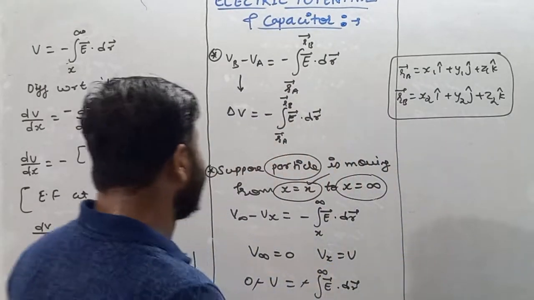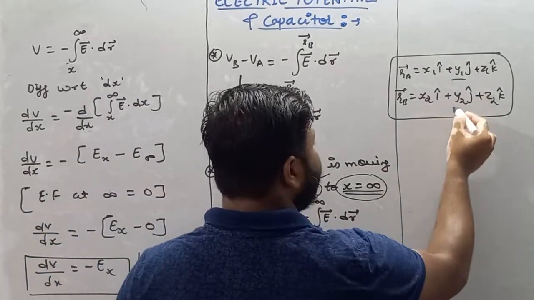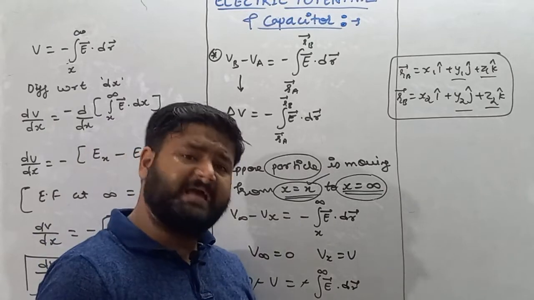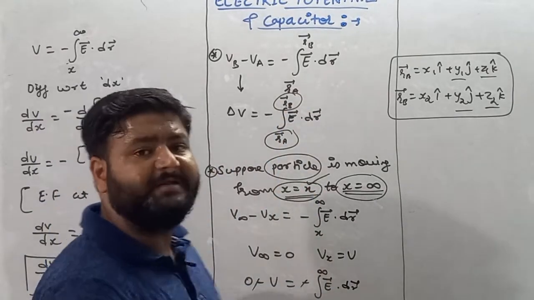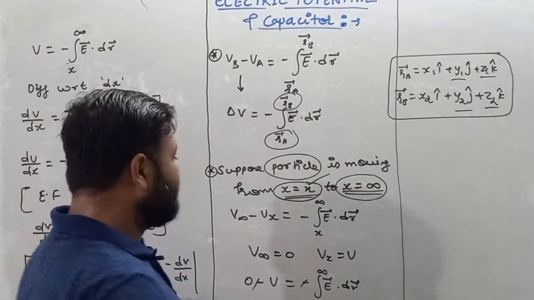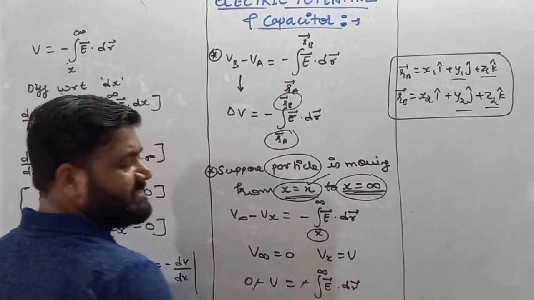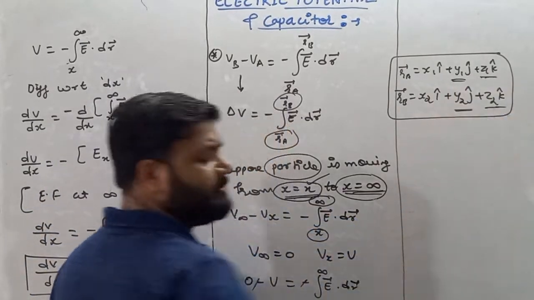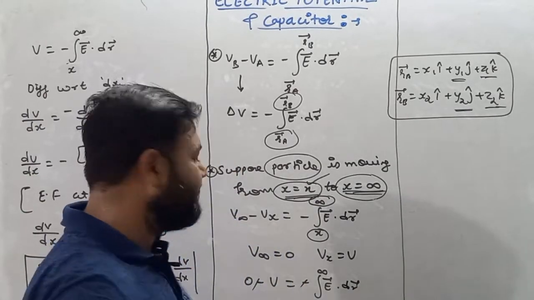Now see my dear student, the particle is moving only along the x-axis. It means y1, y2, z1, z2 become 0 because the particle is only moving along the x-axis. So instead of Ra to Rb, we can write the coordinates along the x-axis on which the particle is moving. The particle is moving from x1 to x infinity. It means x1 is x and x2 is infinity. The rest, y1, z1, y2, z2, become 0, or we can say constant, because the particle is only moving along the x-axis.